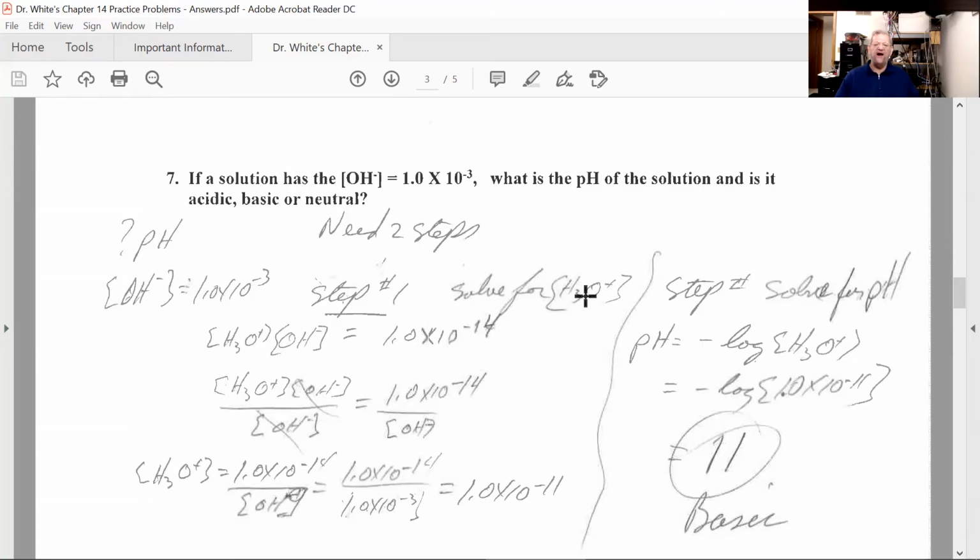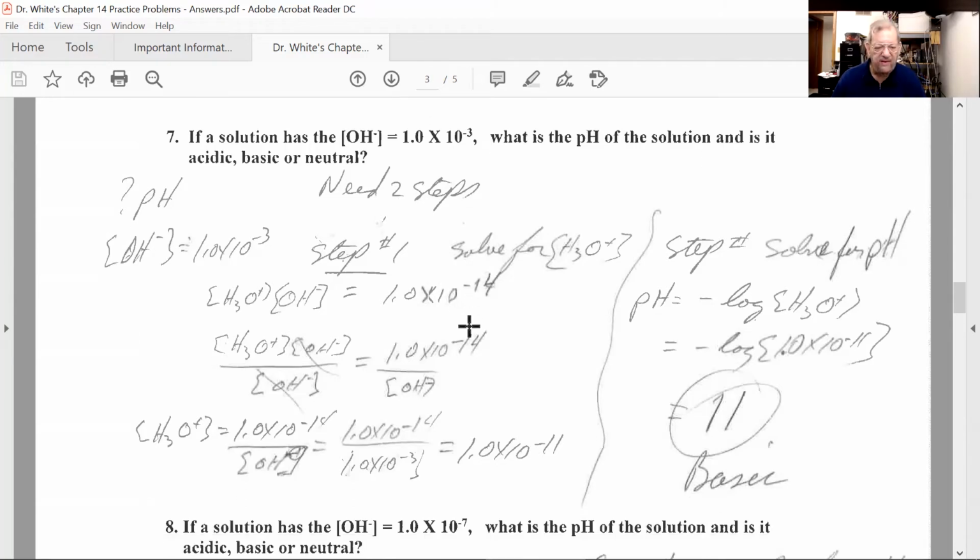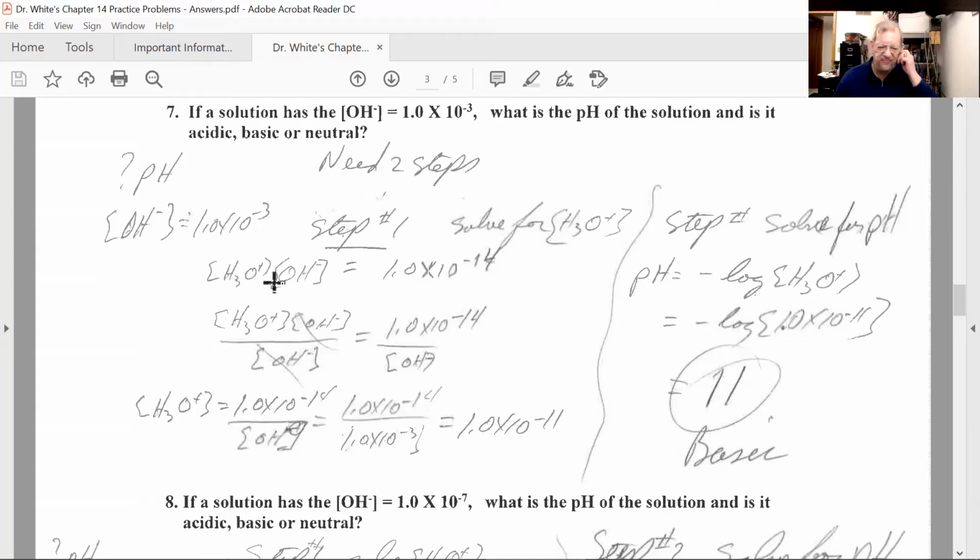In step one, I solve for hydronium. How do you do that? You'll be given hydronium times hydroxide equals 1.0 times 10 to the minus 14. I want to solve for hydronium, so I have to get rid of hydroxide, so I'll divide by it. Remember, anything divided by itself is the number one, but whatever you do to one side, you have to do to the other. So hydronium equals 1.0 times 10 to the minus 14 divided by hydroxide. I put it in there, and I get 1.0 times 10 to the minus 11 is the hydronium ion